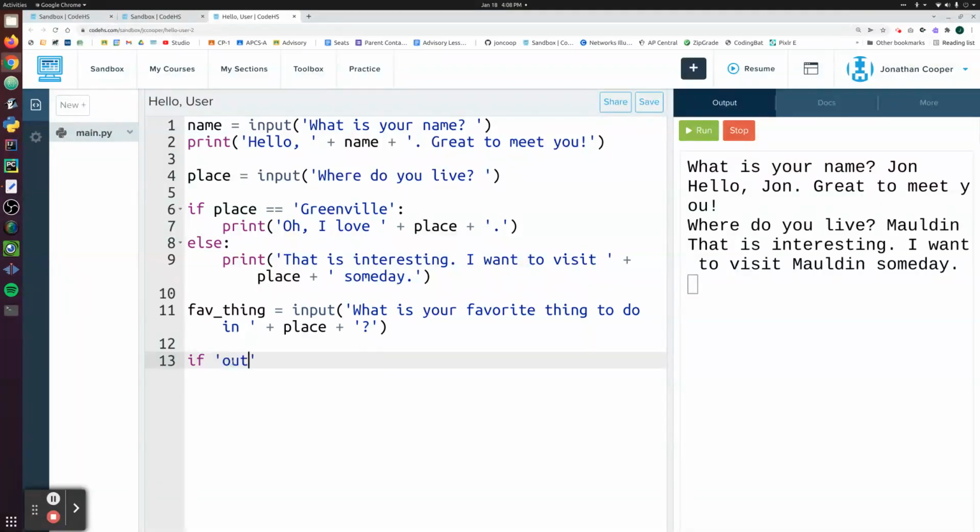And I'm going to say if outdoors in, and you can see the purple words, these are keywords in the programming language. So if a word lights up purple, it means it has some special meaning. In fave thing. All right, so now we're going to look to see if the word outdoors is anywhere in their response to favorite thing. Then we're going to print, and I'll just do I am quite